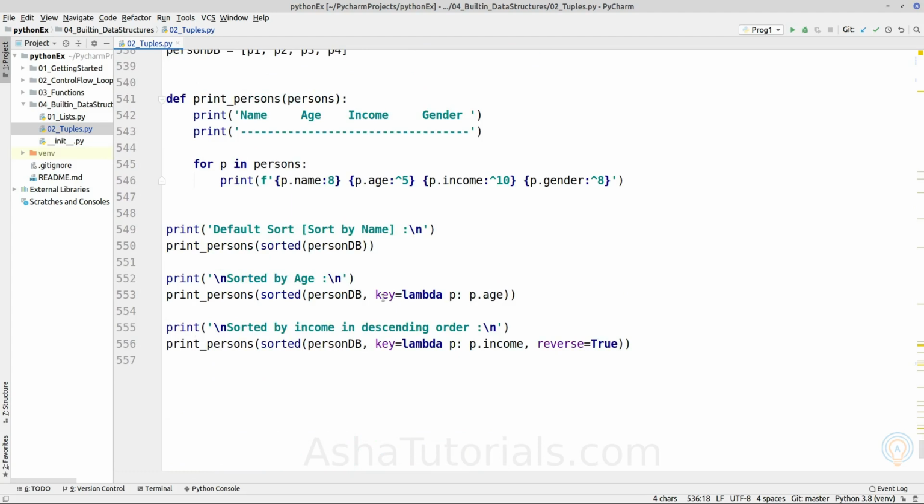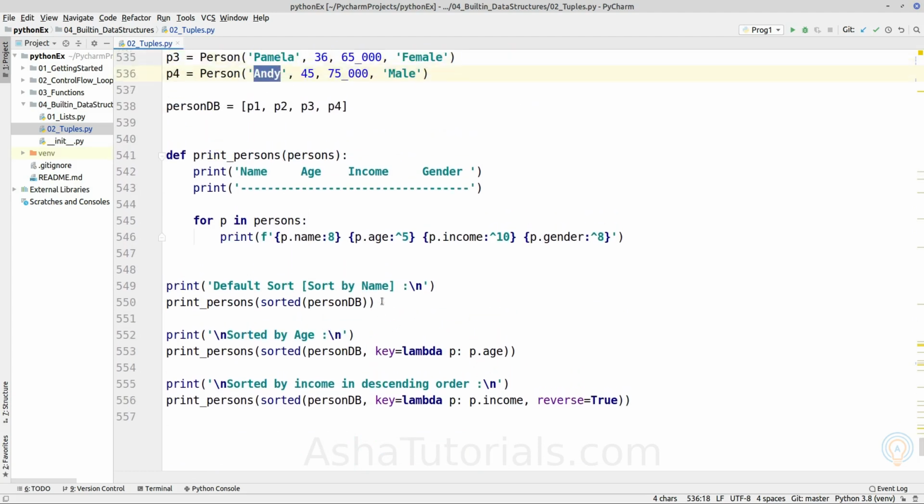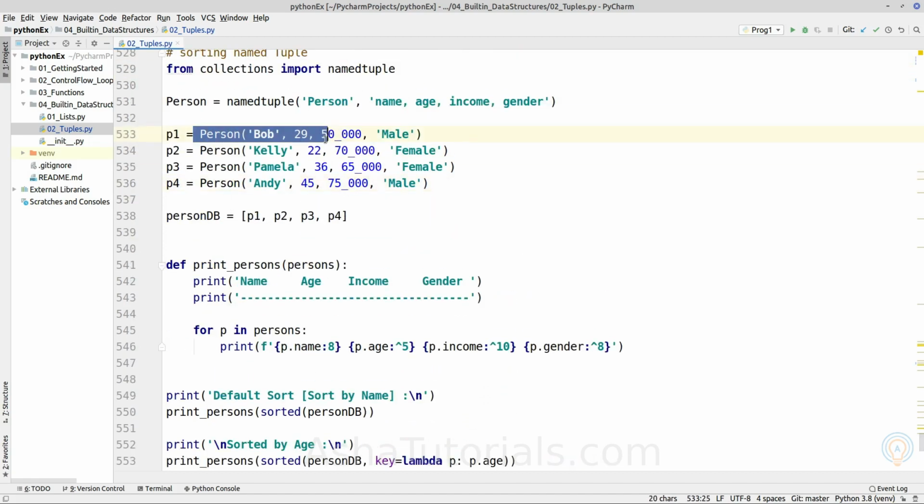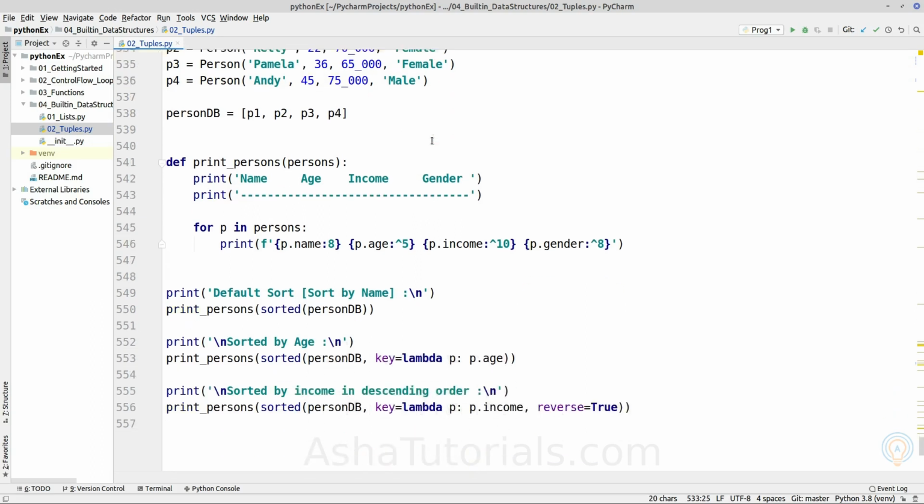In key we can provide our custom defined function, which takes the element at each position and returns an element out of it from which it should be sorted.